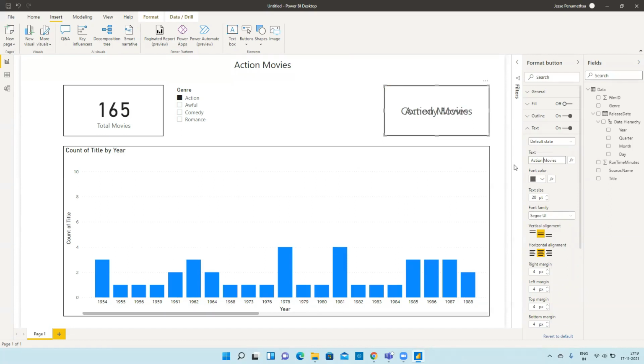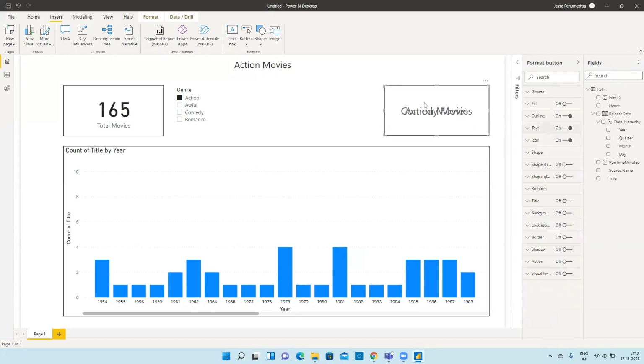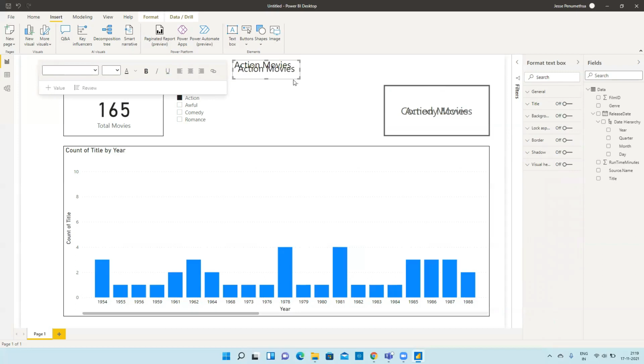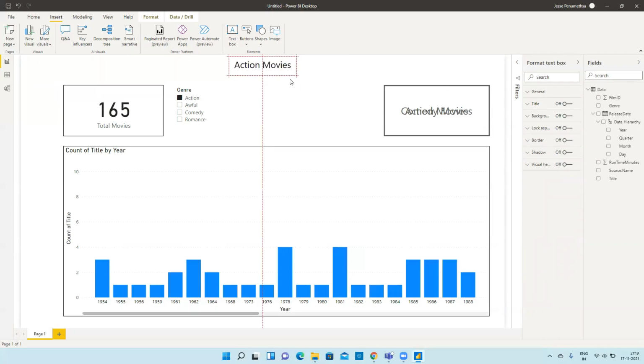Please give me some time, you guys can understand. So I have created two buttons here, one above the other. One button is action movies, second button is comedy movies. And here copy paste this title also, and let me paste it exactly on top of the other one, which is action. And here I will rename it as comedy, and I may need to increase its size. Let's adjust both of them for the same size.